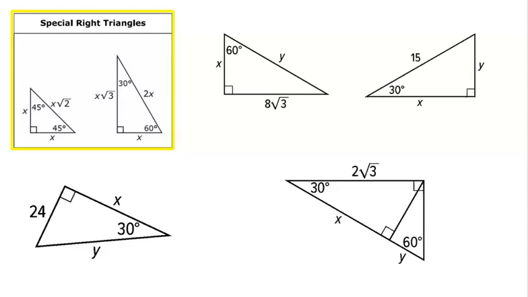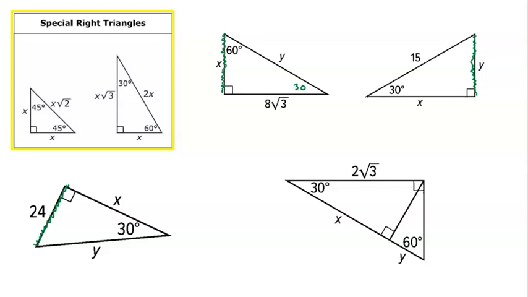And so you always want to keep in mind what your short leg is. Your short leg is also going to be across from that 30-degree angle. And so your short leg is really like the base one, okay? So you always want to find your short leg and keep that in mind. We'll look at this big one in a second, but let's think about our base here. And so if this short side is our base and that's x,